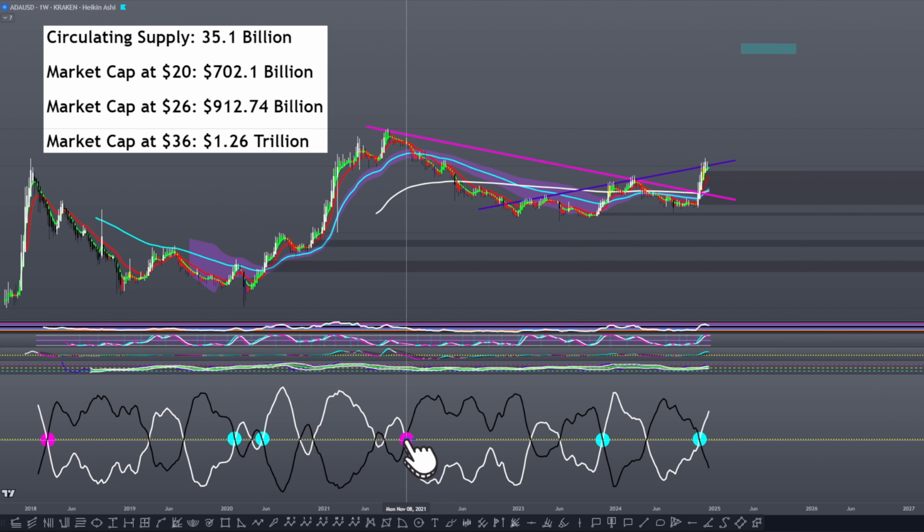Fast forwarding to the beginning of the most recent bear market, November 2021. Again, just a few weeks into the bear market, we have our 0 here, and we have 1. In this case, 1. And I'm just going to go ahead and label it since this is a very good buy-in, which I don't know why I didn't already have it labeled. But we have our first cross here, happening just right after Cardano bottomed out at around 25 cents.